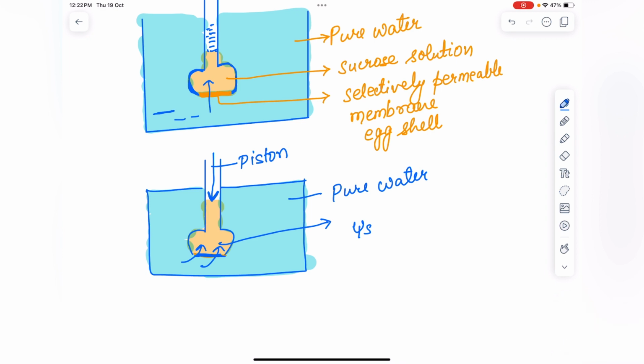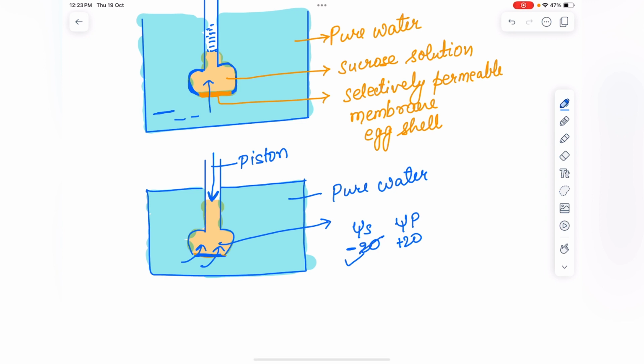diffusion. जितना solute potential है, if solute potential is 20, then we have to apply 20. As I told you, the pressure potential is always positive and solute potential is negative. जब हम लोग pressure apply कर रहे हैं तो क्या होगा, जितना solute potential है उतना ही हमें pressure apply करना पड़ेगा, so that it will stop the diffusion of water. जब diffusion stop हो जाएगा, क्यों stop होगा, क्योंकि जितना उतना ही pressure हम apply कर रहे हैं, so that we can stop the water entering into the funnel.